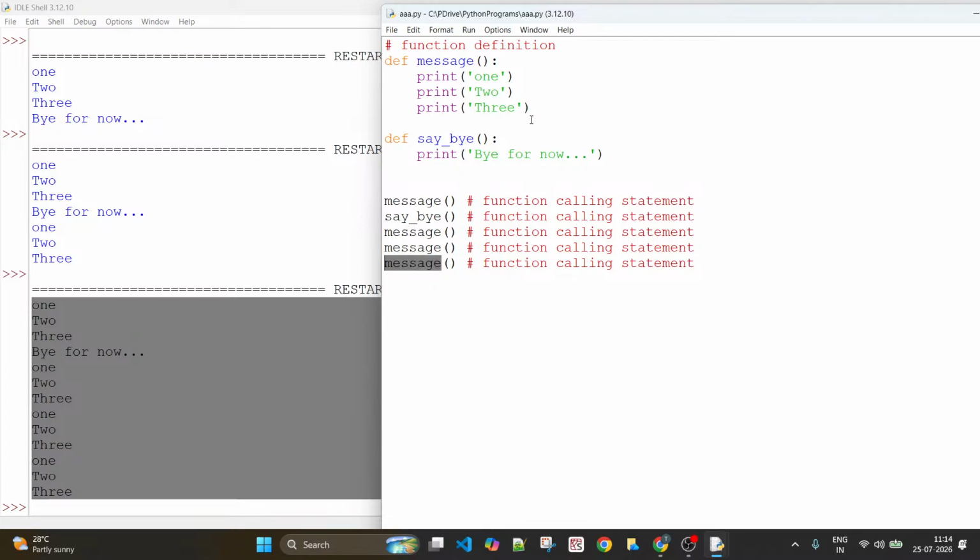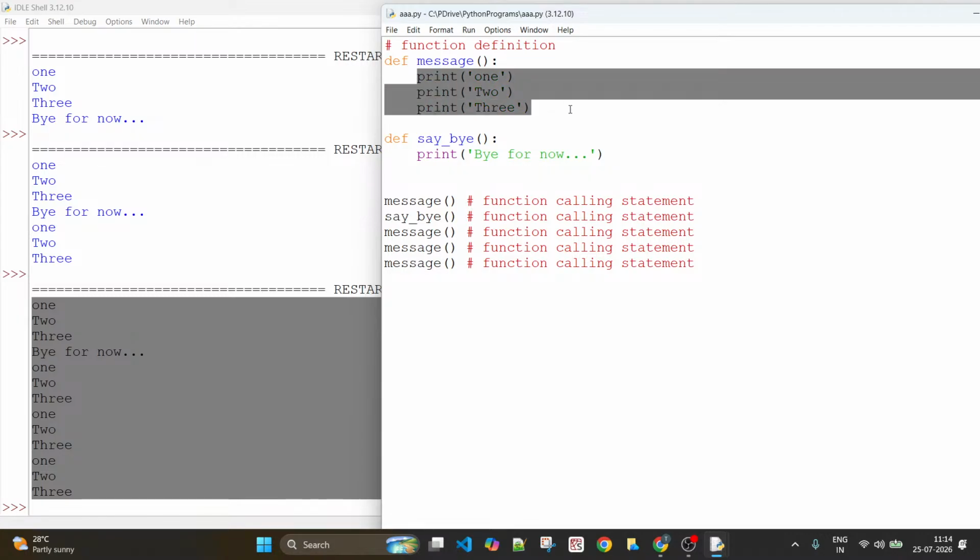You might have written 13 lines of code, and there is a repetition. What is repeating? These three statements are being repeated in your code. To avoid that repetition and make your code less, or more compact, you can just write that repeating piece of code separately, give it a name, and make it a function. Whenever you want to execute that piece of code, just make a call to that function by mentioning the name of the function and braces. That's all. Now the control will automatically go to the function definition or the body of the function.